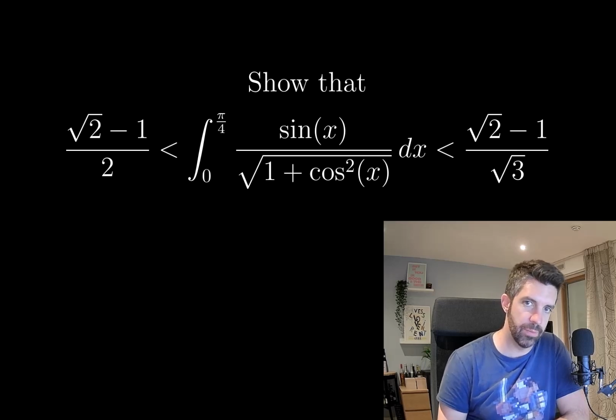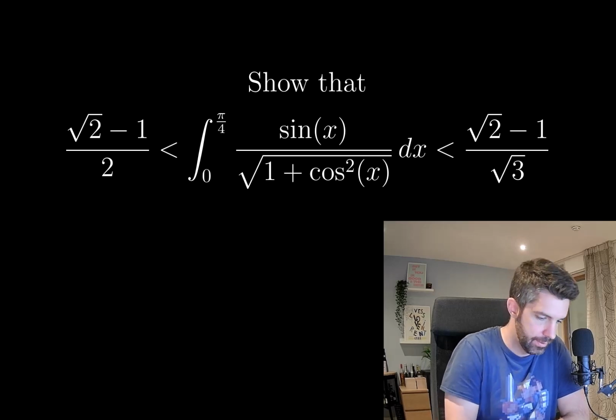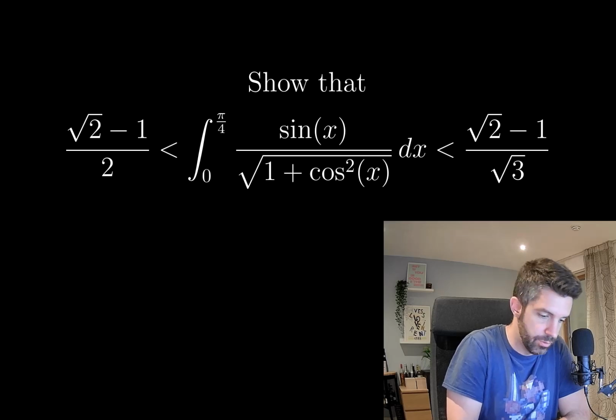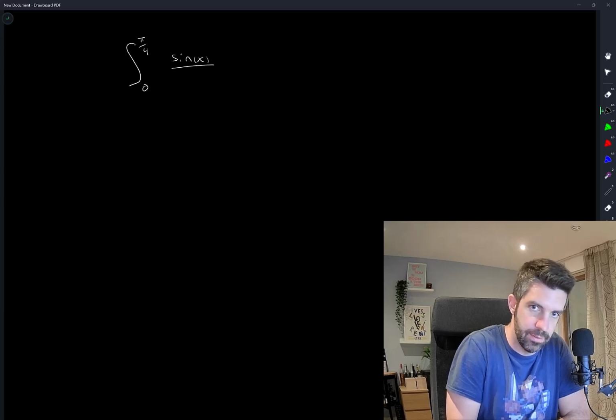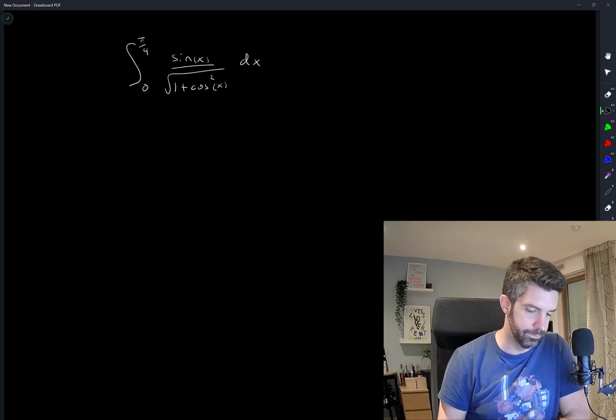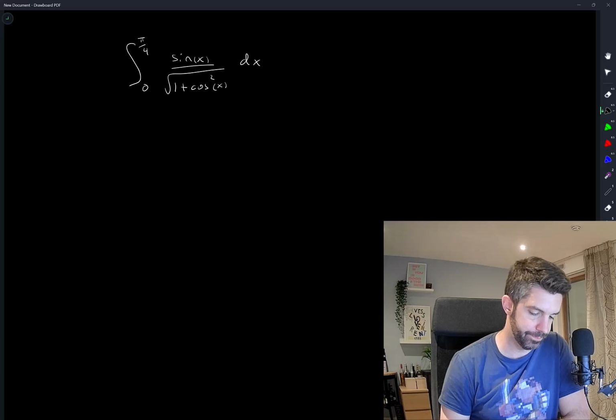Anytime we're given an inequality, there could be a whole bunch of different ways to do it. But I'm going to start by writing down the original integral here. And this question might just involve a whole bunch of guessing and checking. So one thing I'm thinking of,